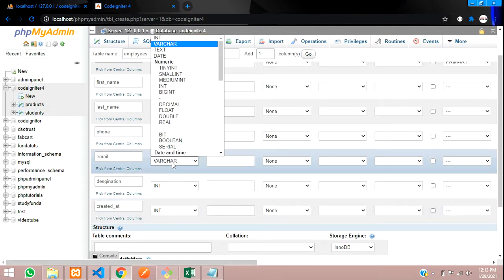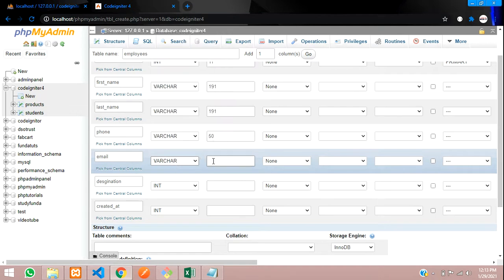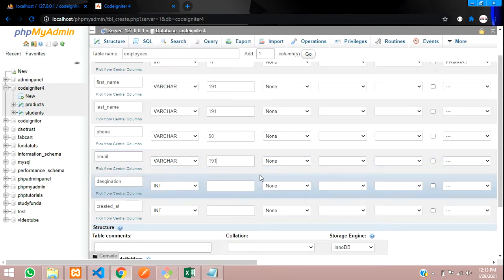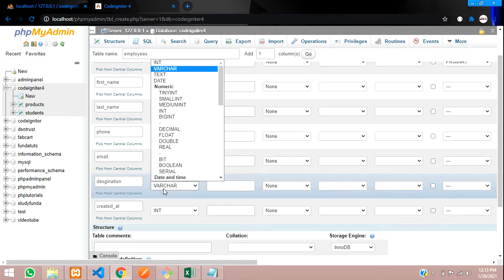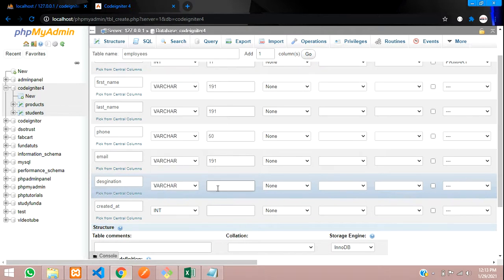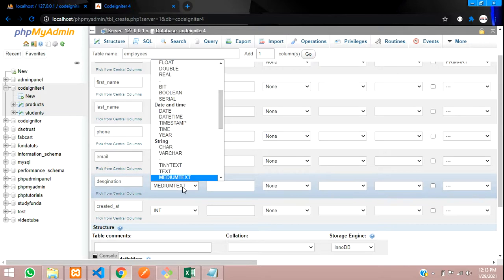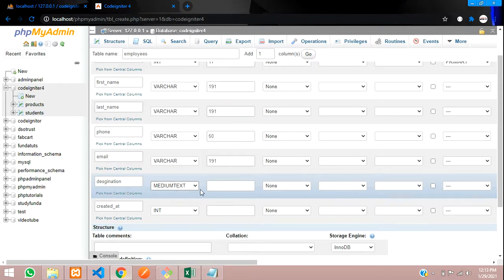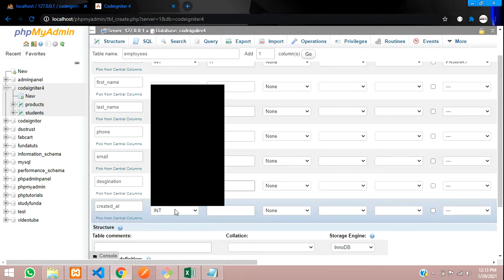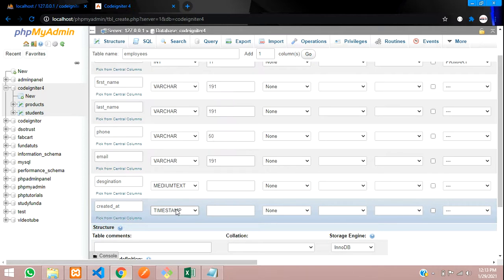Let's change email to varchar 191. Let's make designation not varchar but medium text. We will give no values, since the value will be assigned automatically. For created_at we will make it timestamp, set to current timestamp, so that it automatically enters the timestamp.